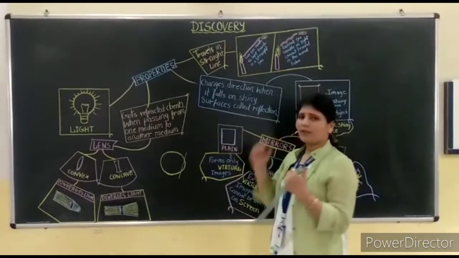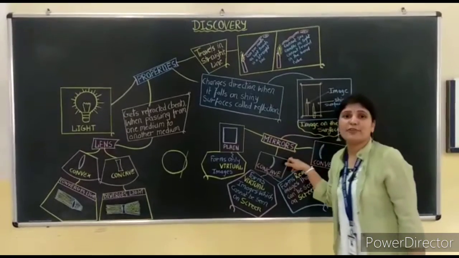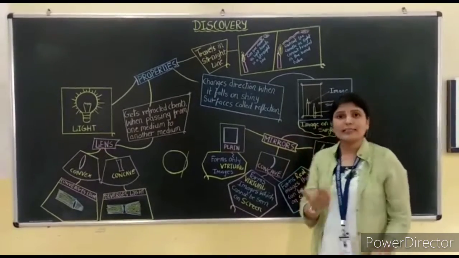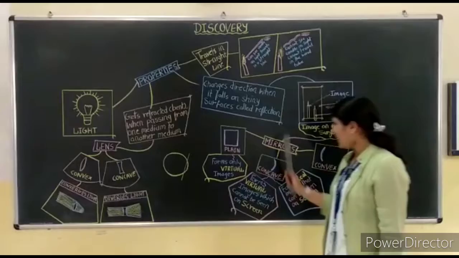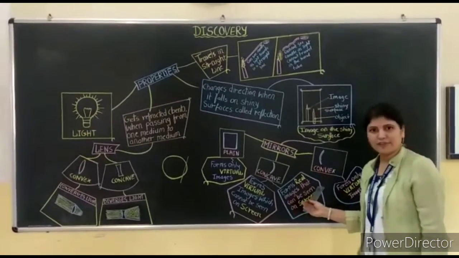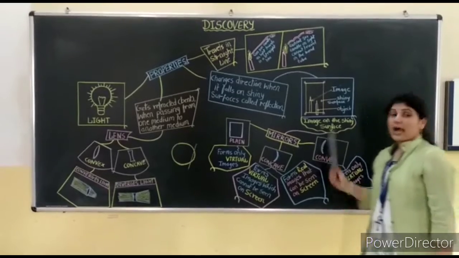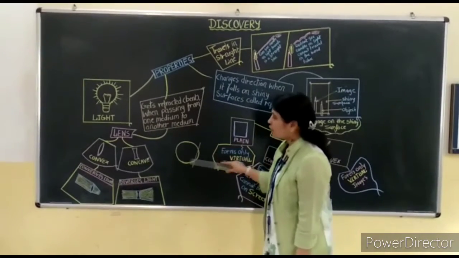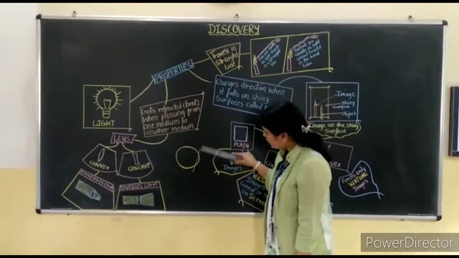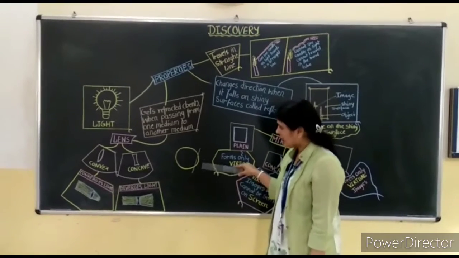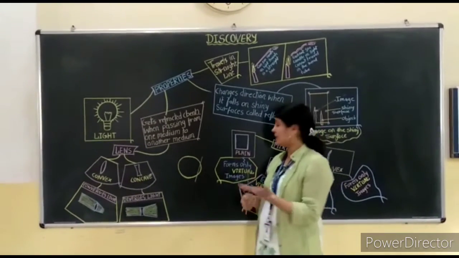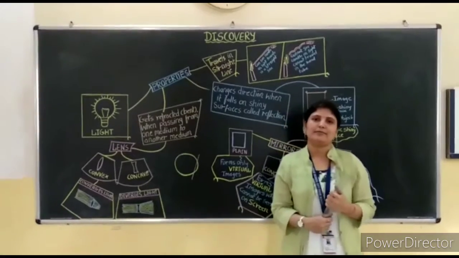In the reflection of light, mirrors play a very important role. There are three types of mirrors: plane mirror, concave mirror and convex mirror. These two types of mirror, concave and convex, are obtained from a sphere of glass. When a small portion of a sphere of glass is taken and polished, it is nothing but a spherical mirror.